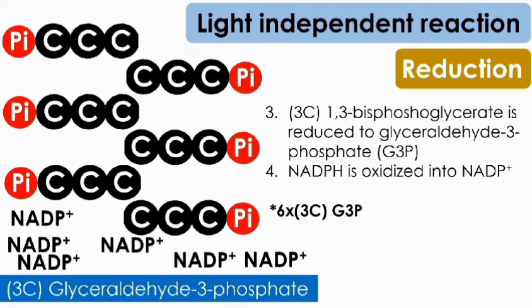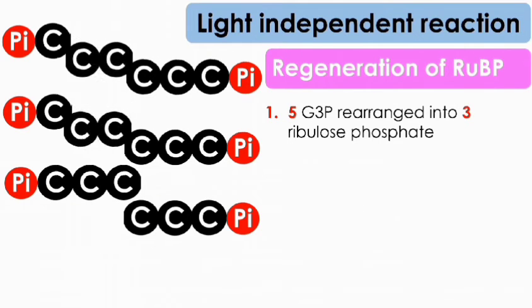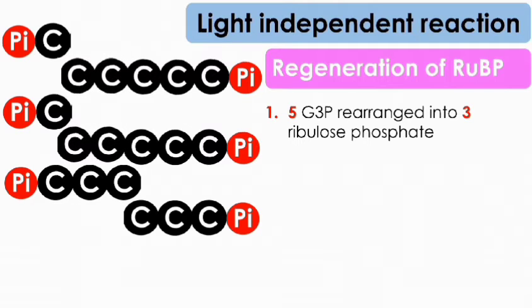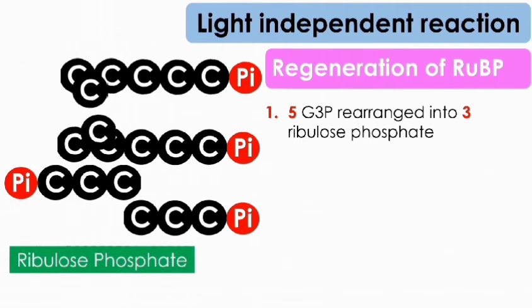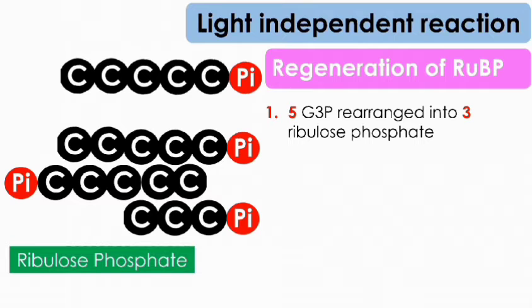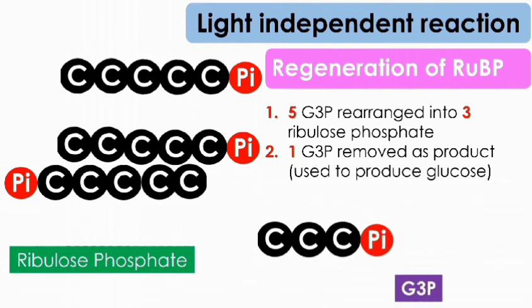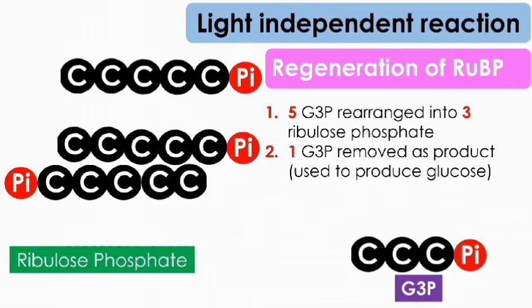And in the stage of regeneration of RuBP, only 5 out of 6 G3P will be rearranged into 3 molecules of ribulose phosphate. This means that 1 extra G3P can be removed from the Calvin cycle as a product. So here we can see the reason why during carbon fixation, 3 carbon dioxide must be fixed at the same time, so that after reduction, there will be a total of 6 G3P. Since only 5 out of 6 G3P are needed in regeneration of RuBP, the 1 extra G3P can be